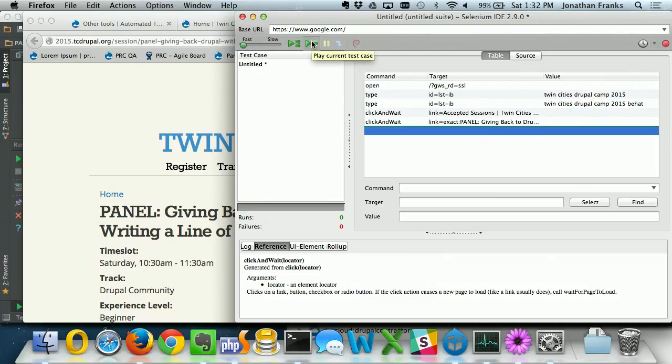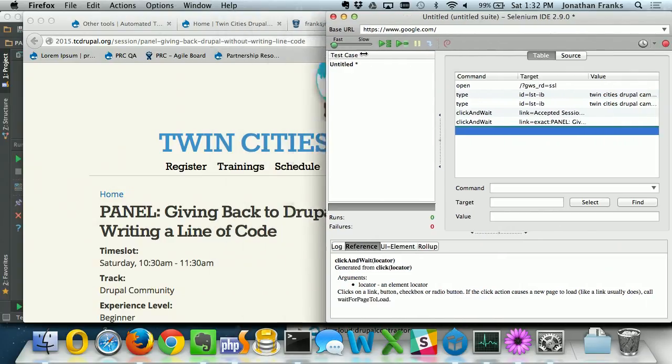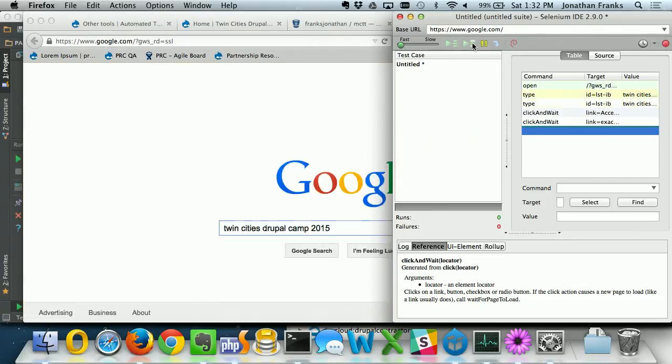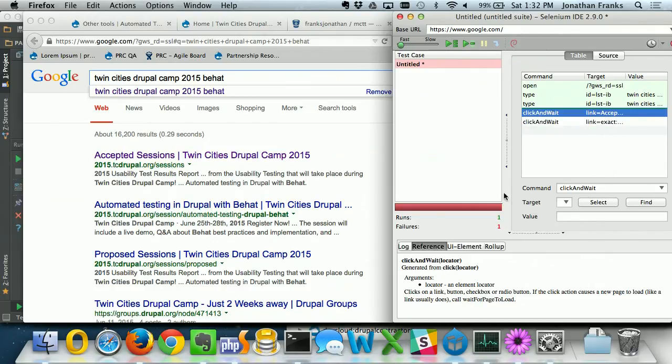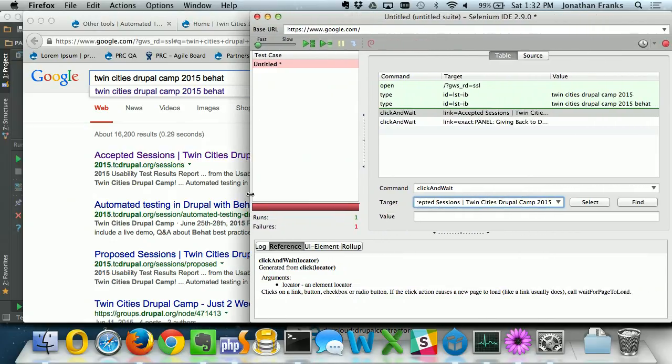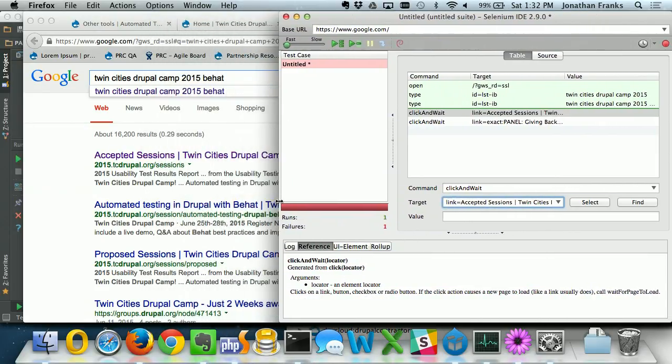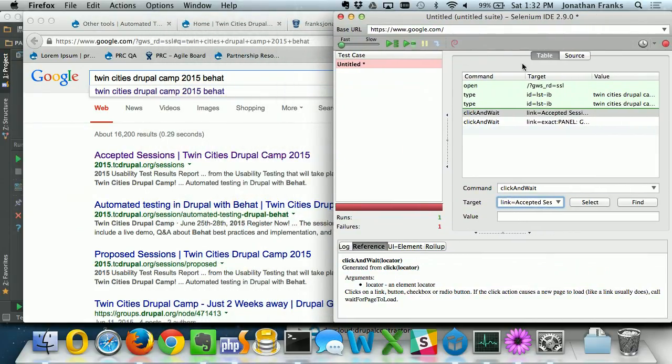So now I'll replay this. Let's narrow this back up. It does both of our searches. Oh, I tried to click something and I couldn't find it. There's no target. So, fantastic example. Nevertheless,